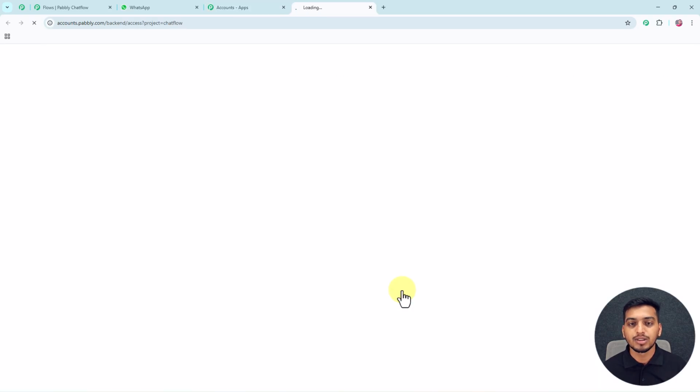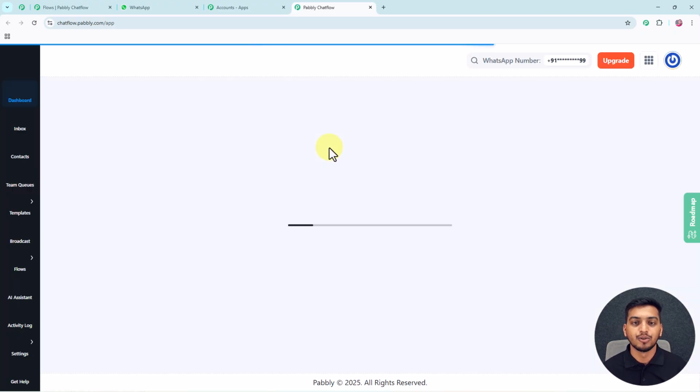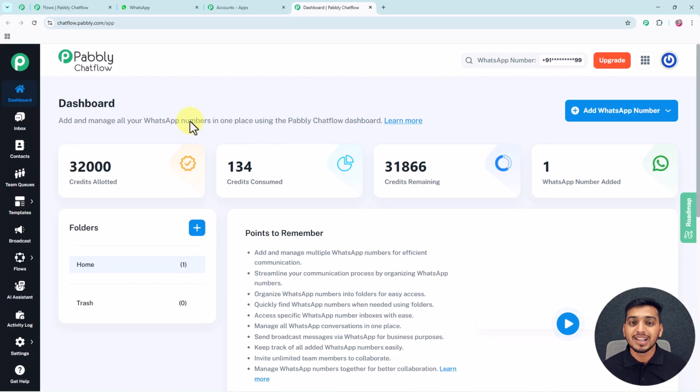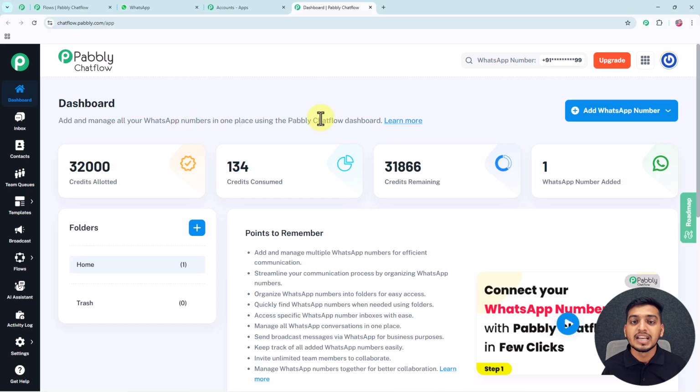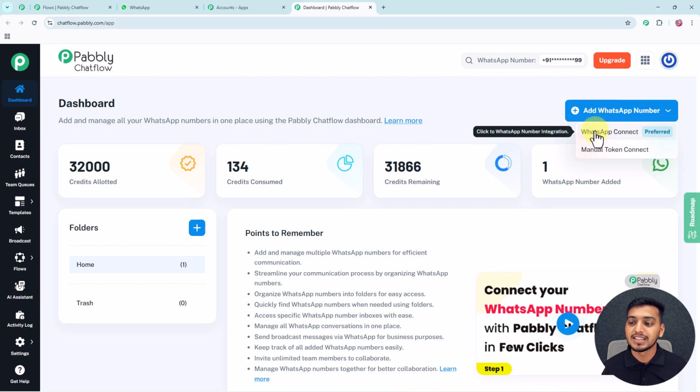And after clicking on this Access Now button, I will land on this dashboard of Pabbly Chatflow. And you can see when you are inside this dashboard of Pabbly Chatflow, the first thing that you have to do is you have to add your WhatsApp number inside here. And to add your WhatsApp number, you just have to click on this button, Add WhatsApp Number, and after that you can select either this WhatsApp Connect method or this manual token connect method to connect your WhatsApp number with